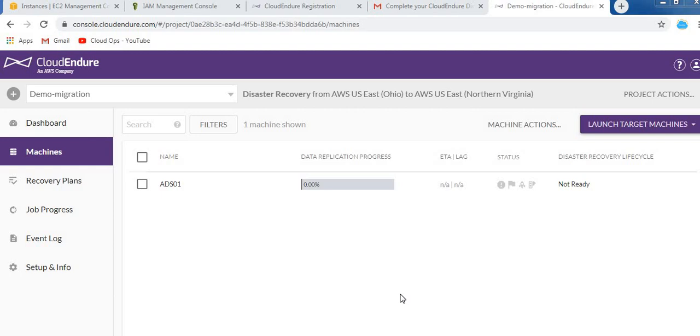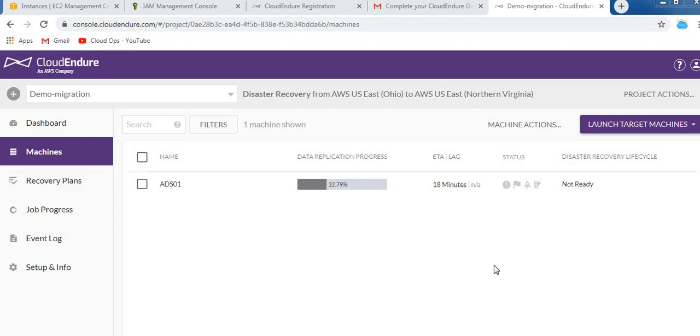The hard disk is not that big, it is a 30 GB disk. Let's see how much time it takes. The data replication is going on and the ETA is 22 minutes. Okay, good, let's keep waiting.